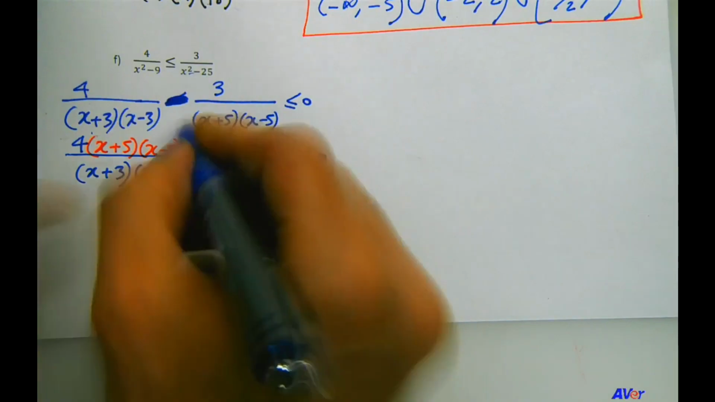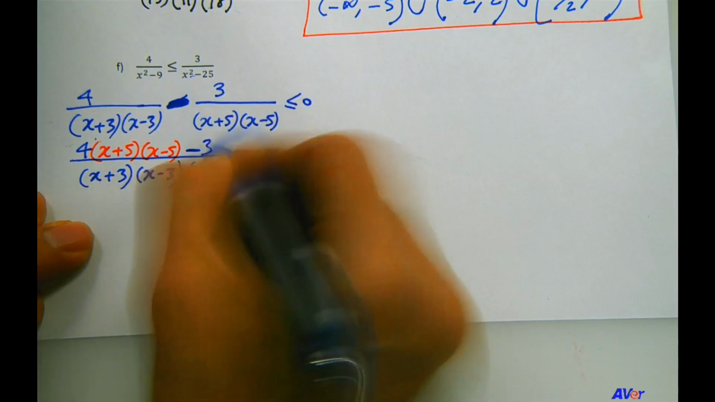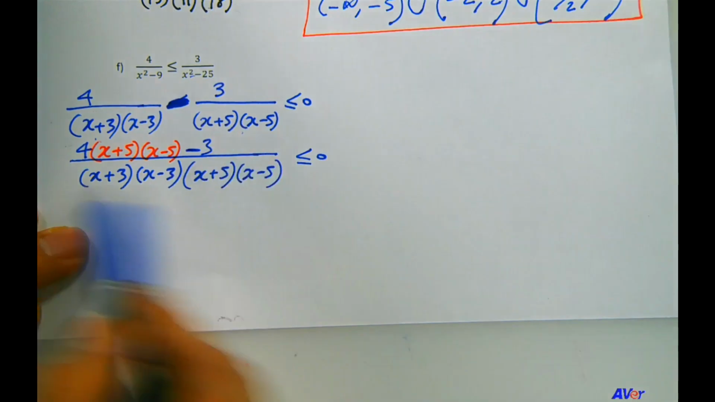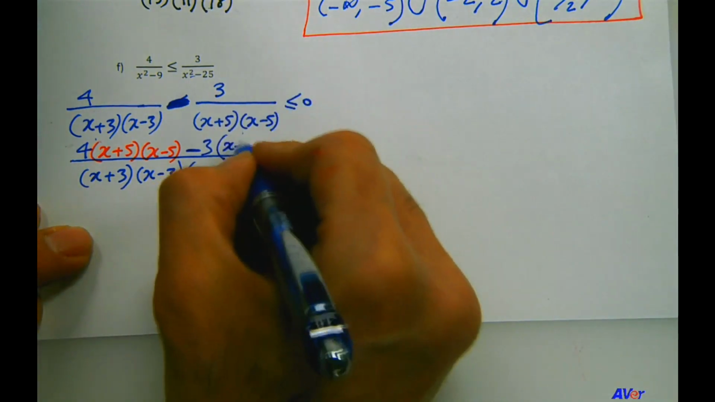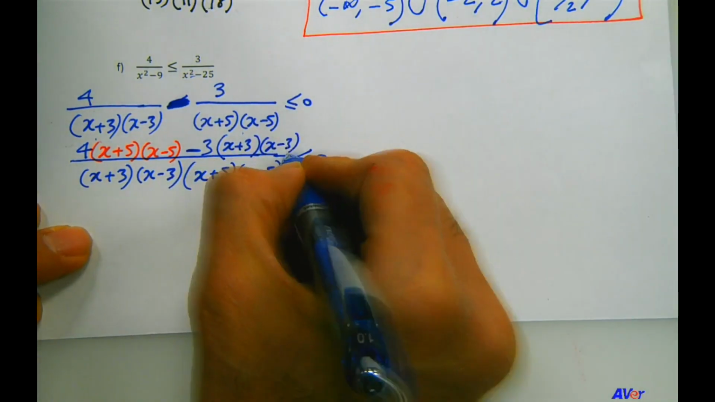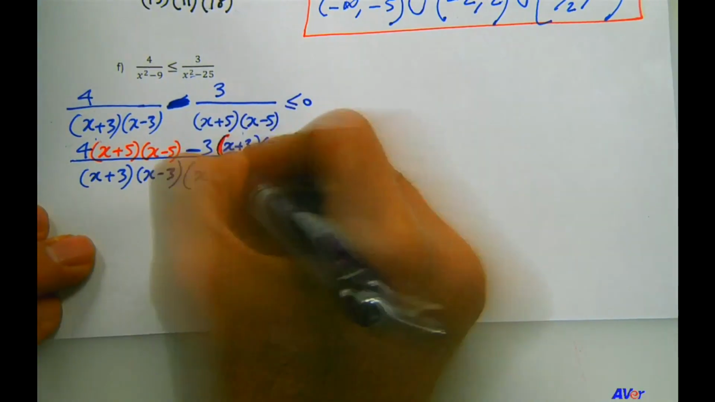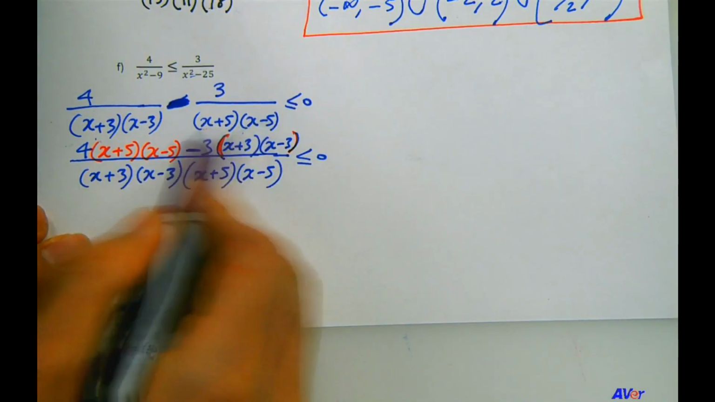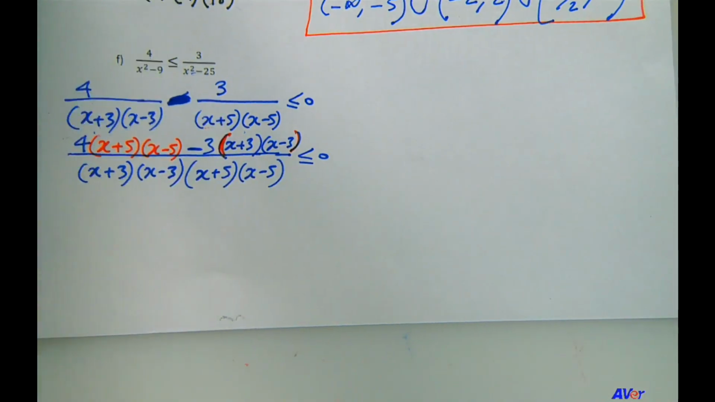Minus is minus. This numerator 3 is going to get multiplied by what's missing from its denominator when you compare it with the common denominator. So minus 3 times x plus 3 times x minus 3. Okay, those two terms, and I should have written them in red, I forgot. Those two factors are missing from this denominator, so 3 gets multiplied by them. Okay, so let's